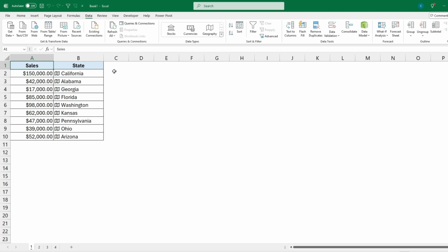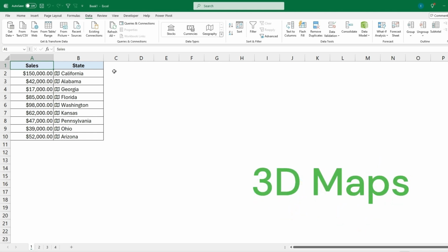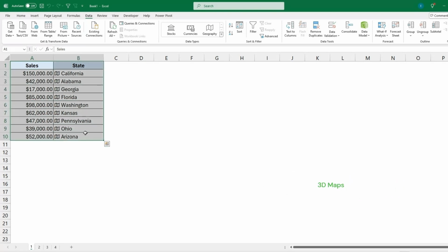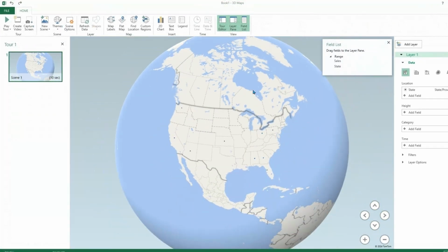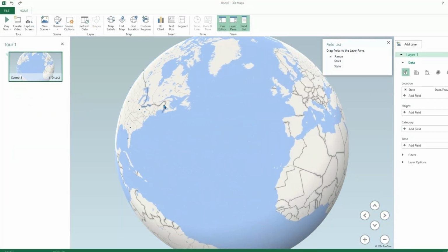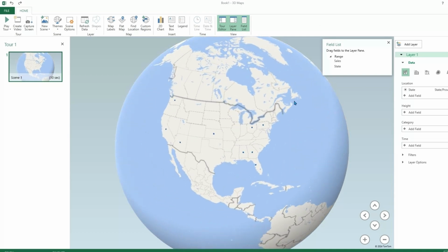So the first feature I'll be covering will be 3D maps. So we will want a geographic location, such as a city, state, or country, and then something to measure by, or something we want to visualize. So if we grab this data, we want to make sure we're in the Data tab, go to Data Model, click on 3D Map. So the 3D map will launch, and this will be a 3D globe that will have